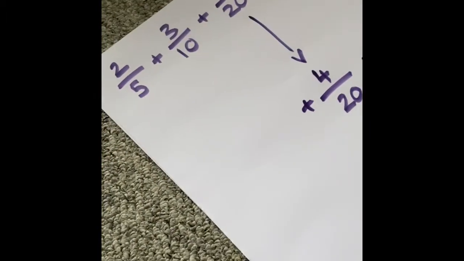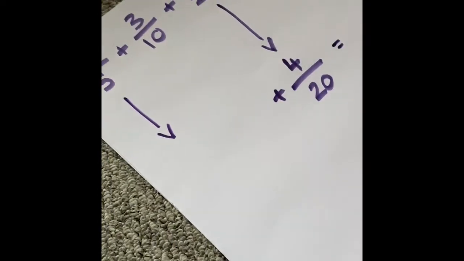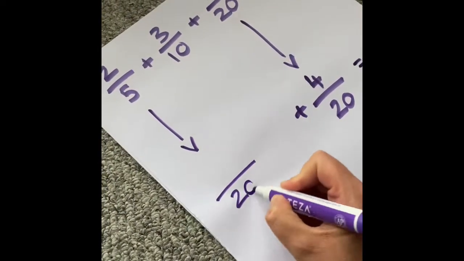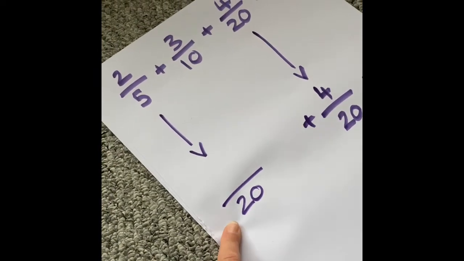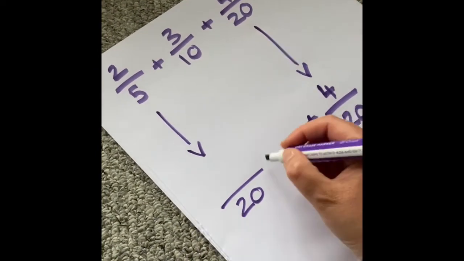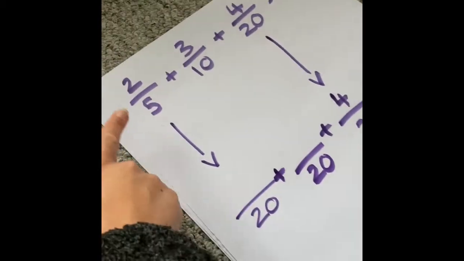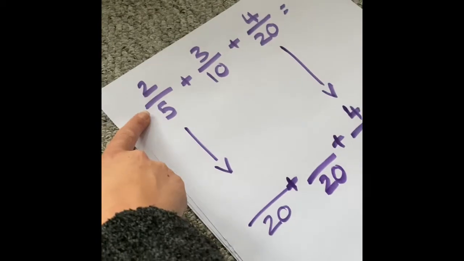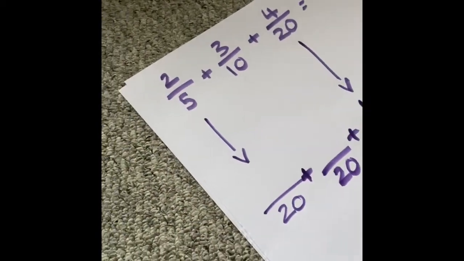But let's go back to the beginning here. 2/5. Now I want to get 2/5 into 20ths somehow. And the easiest thing to do there is to put our denominator straight away down here. I know I want to get to 20ths because I want to make them all 20ths. I want to make these 5ths 20ths and these 10ths 20ths. So how am I going to get